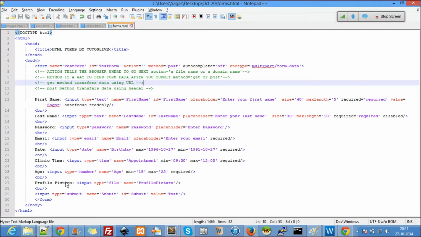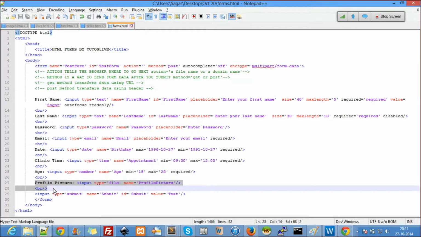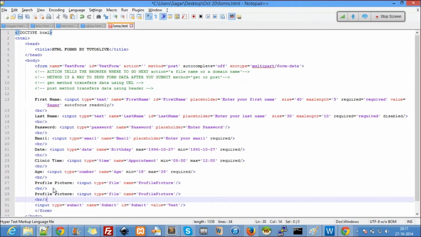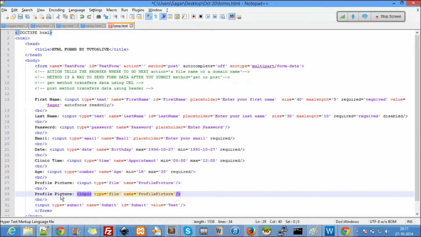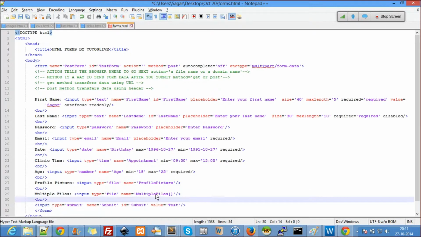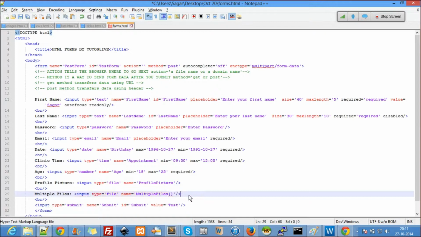Now the other important parameter here is, let's say I want to upload on Quikr or OLX. You see you can upload multiple files, right? So multiple files, how do you do it? Remember you have to give this. When there are multiple things, always remember you have to say multiple.